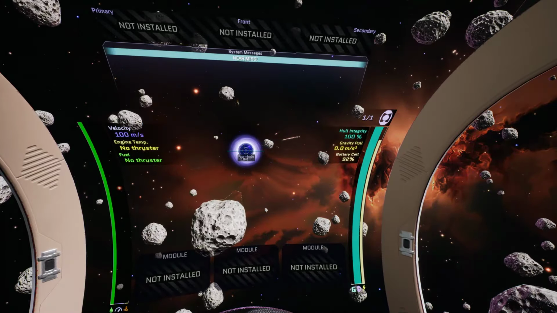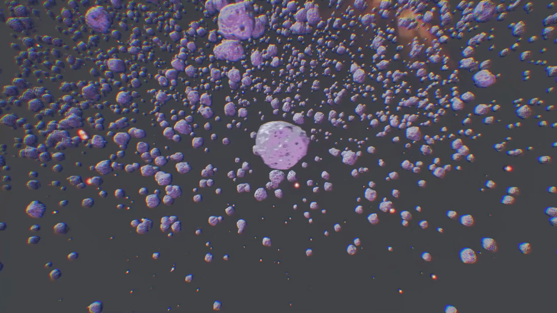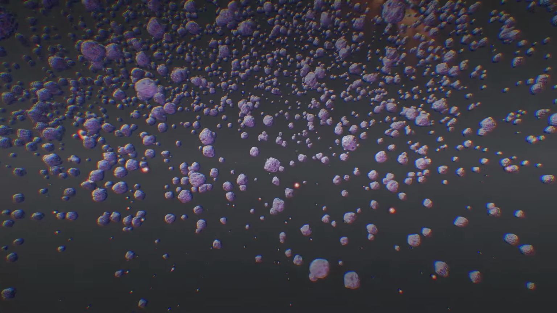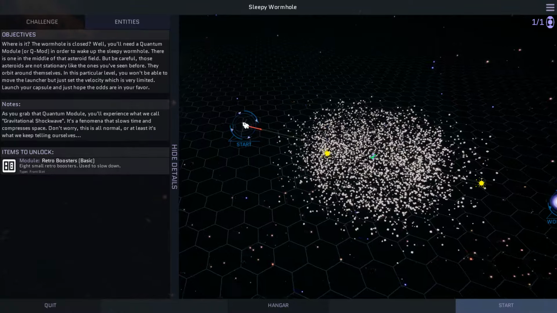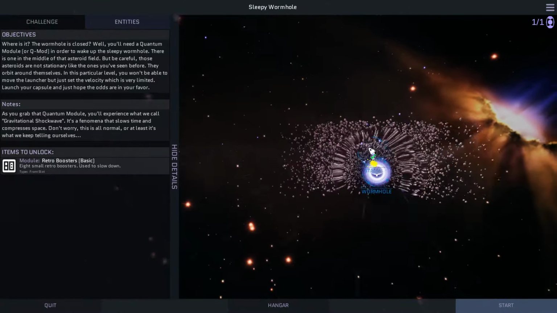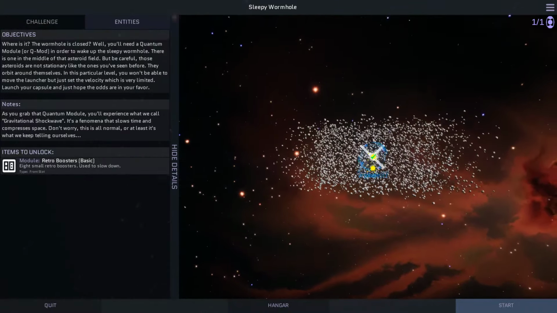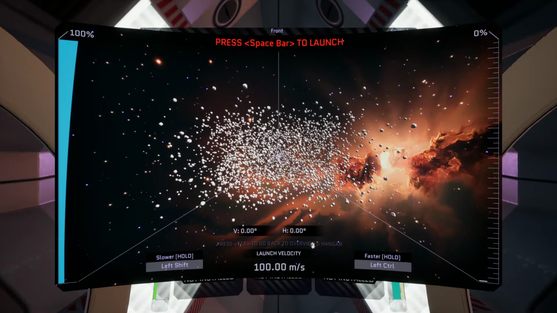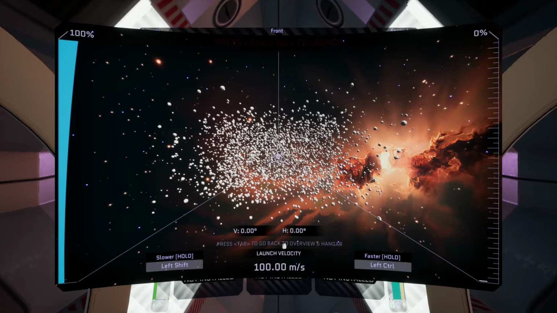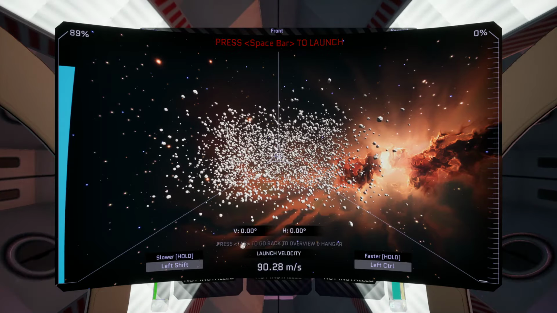And we are near miss. So, oh! Just as the game was giving me some thought about how it was... Oh, right on the edge! That is rough. Right on the edge. Well, the thing is, the asteroid field is spinning constantly, so we'll go at 90%. 90.28. Anyway,